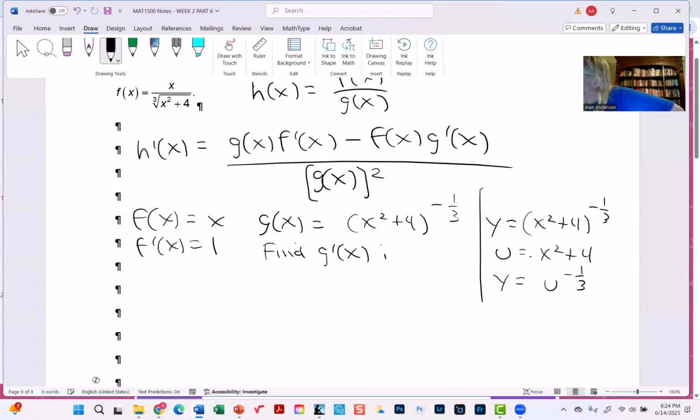We also know then that du/dx is 2x and dy/du is minus 1/3 u to the minus 2/3, because you're subtracting one from the exponent. So g prime of x is therefore,